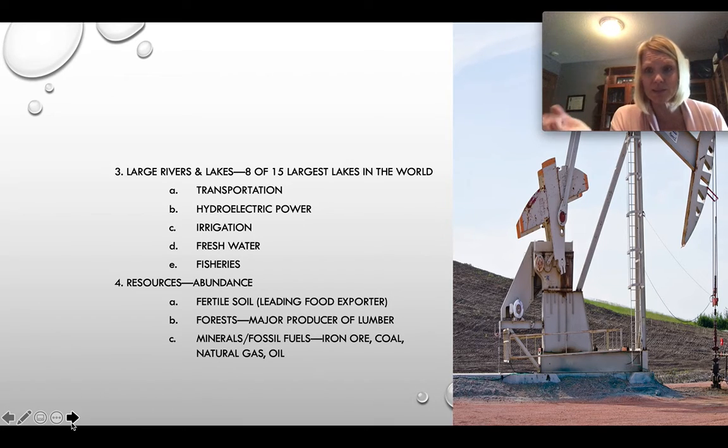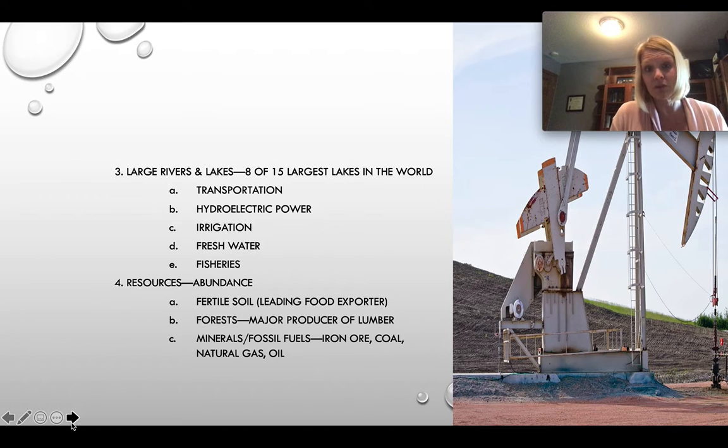We are blessed with this ability to really have civilizations. We look at ancient civilizations, and it doesn't matter where in the world, they almost always were developed around water sources, especially rivers, where you could try to control the river, you could use it for irrigation, and it allowed you to have a food supply, a constant food supply if you could grow crops. And between the United States and Canada, we have 8 of the 15 largest lakes in the world.